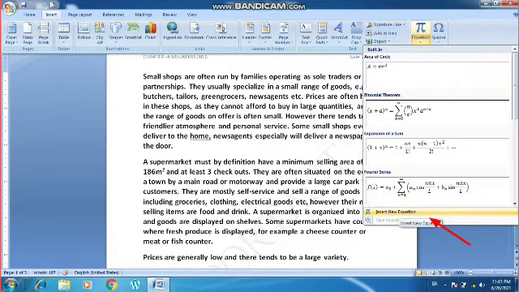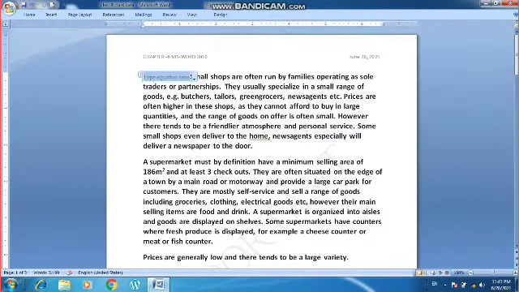So the steps for inserting the equation are that first of all you have to click on the insert tab, then you have to go to the equation command which is present over there. The shortcut is present at the top right corner, and then from there you can click on insert new equation. When you click on insert new equation, it will let you insert the new equation. See, the cursor here is showing me. Let us do it in a new document so that it is more clear.